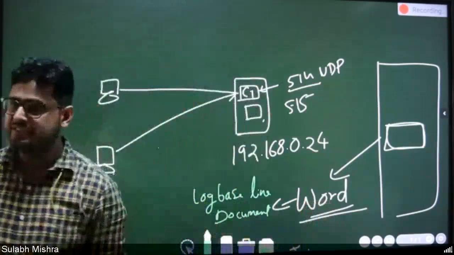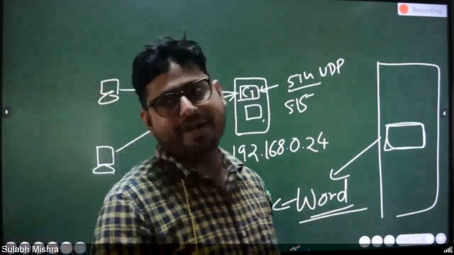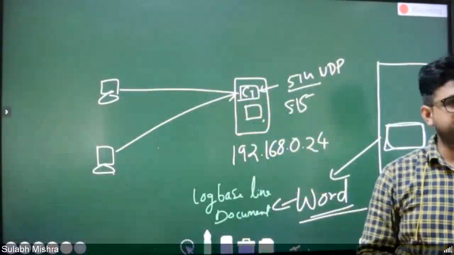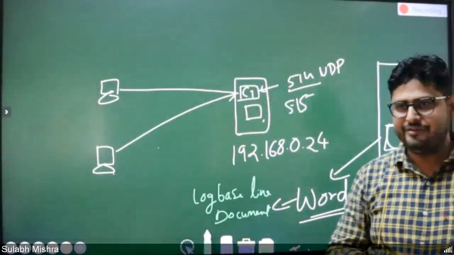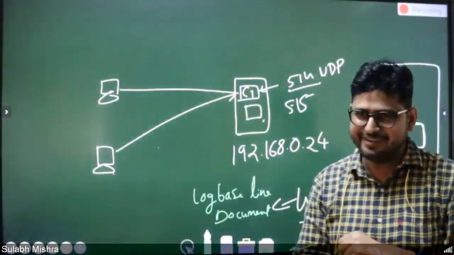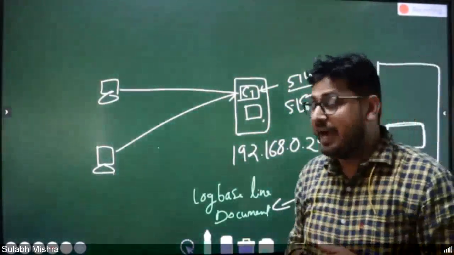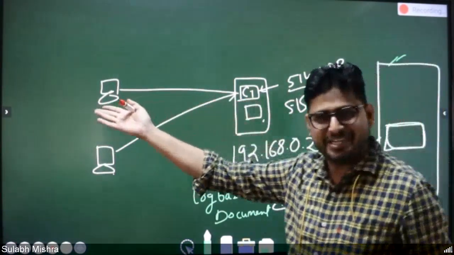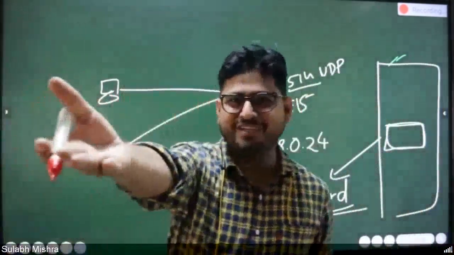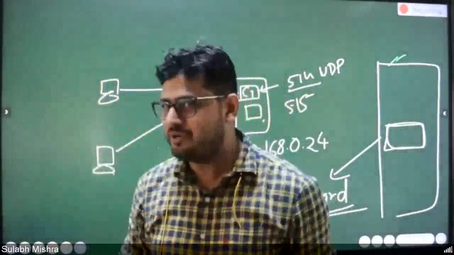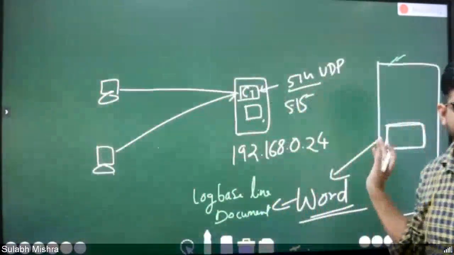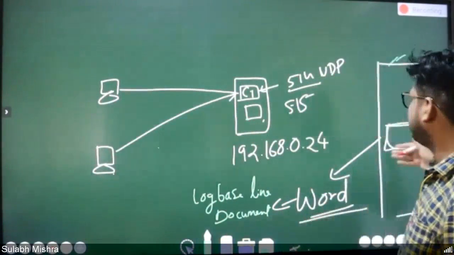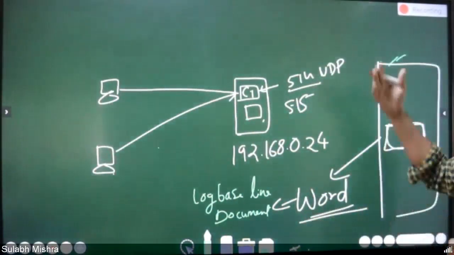The log baseline document is the document in which we mention what kind of configuration has to be done on the end device in order to forward the logs to the connector. Step by step is written. I have already copied those steps. I cannot forward the full document, otherwise the end device owner will get confused. Whatever activity has to be done by you, only those steps I will forward to you. Why send the full document unnecessarily? You will ask n number of questions to me. So I am just copying those steps into a Word document and sending it to the